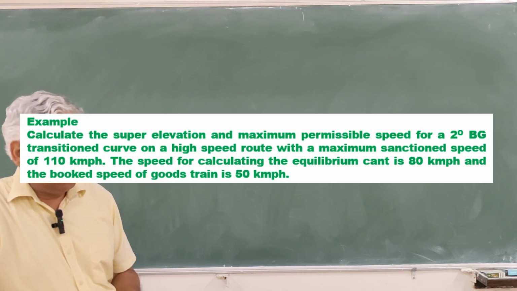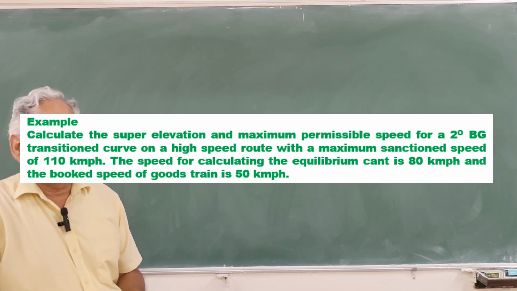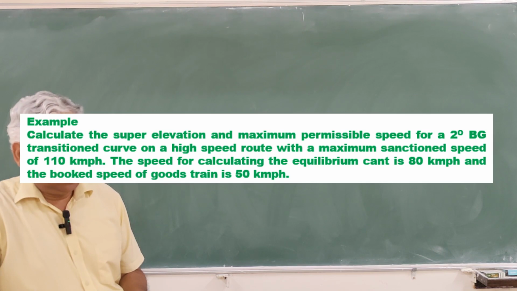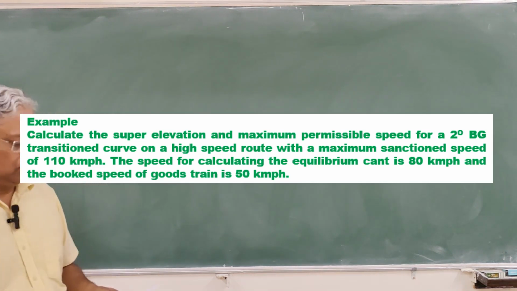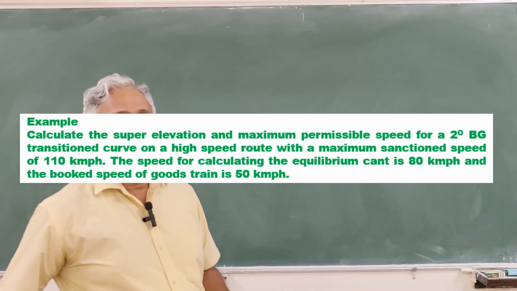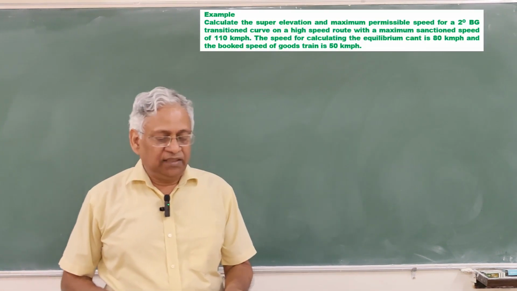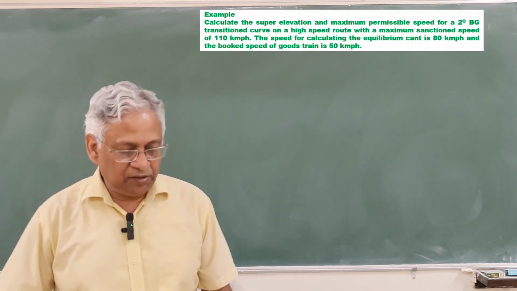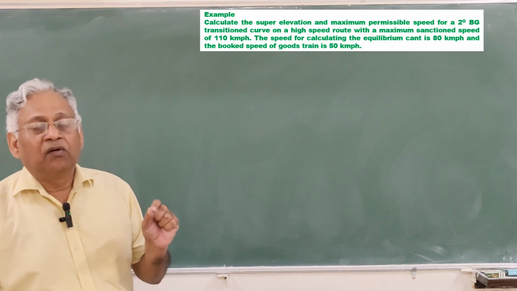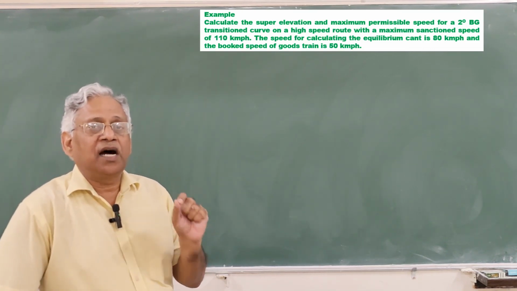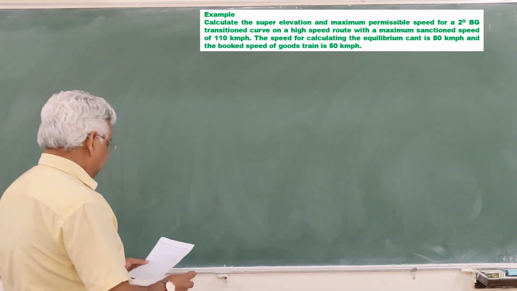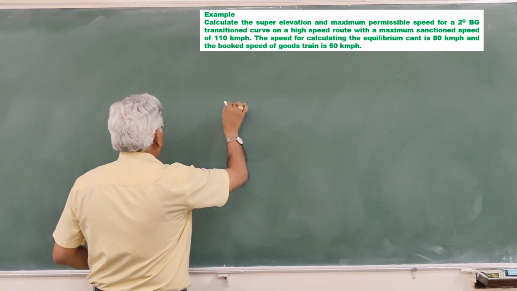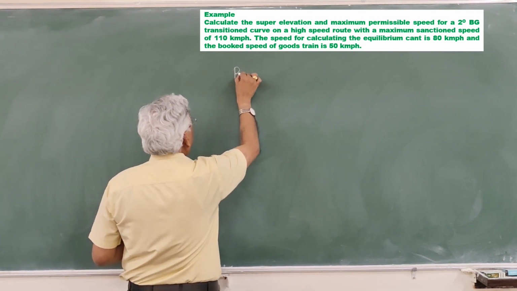The speed for calculating the equilibrium superelevation is 80 km per hour as decided by the chief engineer, and the booked speed for goods train is 50 km per hour. Now here in this question, the speed is restricted to 80 km per hour on a broad gauge high speed track. So the first is that a 2-degree curve